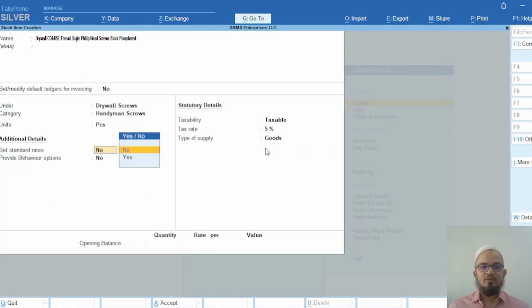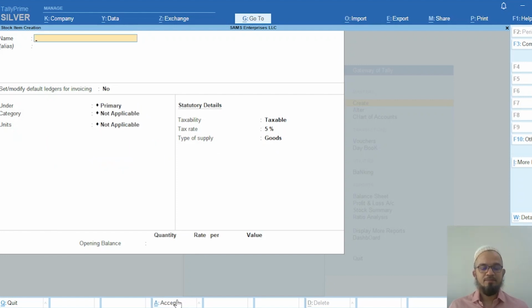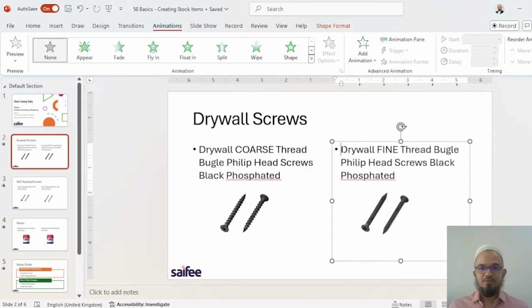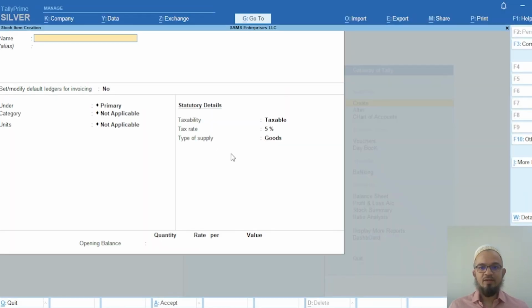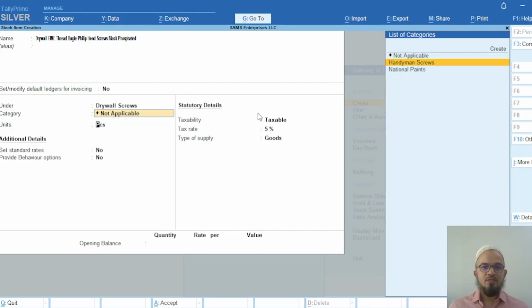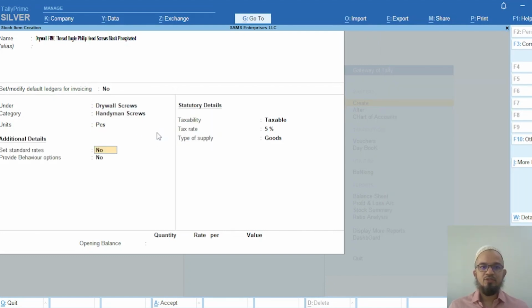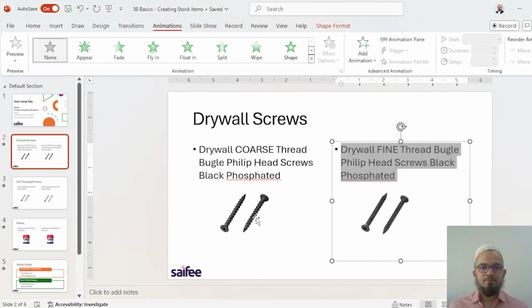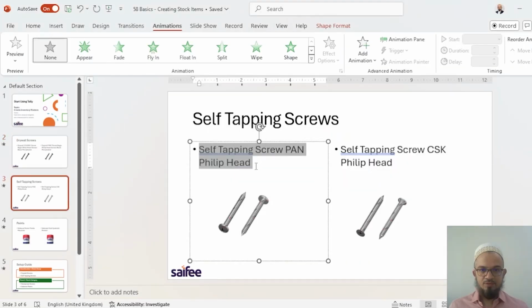So moving on, you can define the statutory details, that is whether these items are taxable, yes or no. Once you have finished these relevant details for your transactions related to your tax and standard rates, you can click on accept. I'll create the second item here. So I have got this drywall fine thread. Again, they're drywall screws under Handyman Screws and the unit of measure is pieces. Accept. Next, I have got self-tapping screws